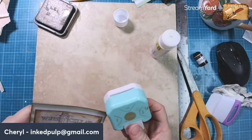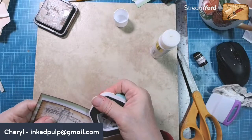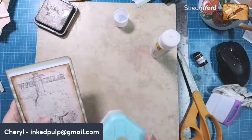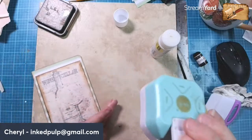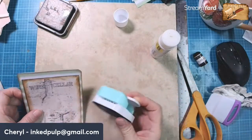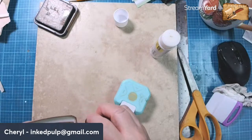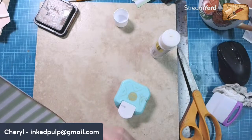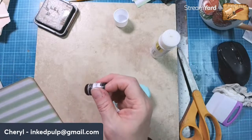Okay, let's round these corners. And by the way, I saw somebody doing this punch the other day and they were doing it this way. This particular punch, if you don't have it or haven't used it, it doesn't always seat properly when you put the paper in. And then when you punch, you'll get a weird,